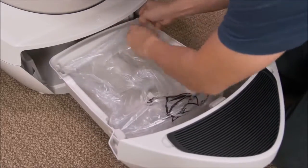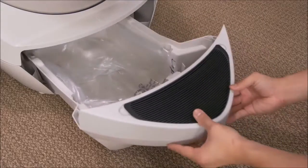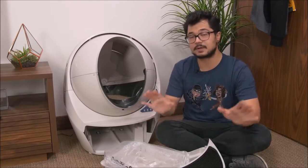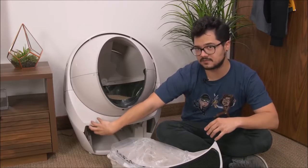You can buy more bags from Autopets if you like, or you can just buy your own 10 to 13 gallon trash bags at the store. That might be cheaper. Now, one small shortcoming that I haven't experienced myself yet because I haven't really used this with my cats, but I have seen in other reviews, is that because the poop chute is sort of located to the left of the unit,